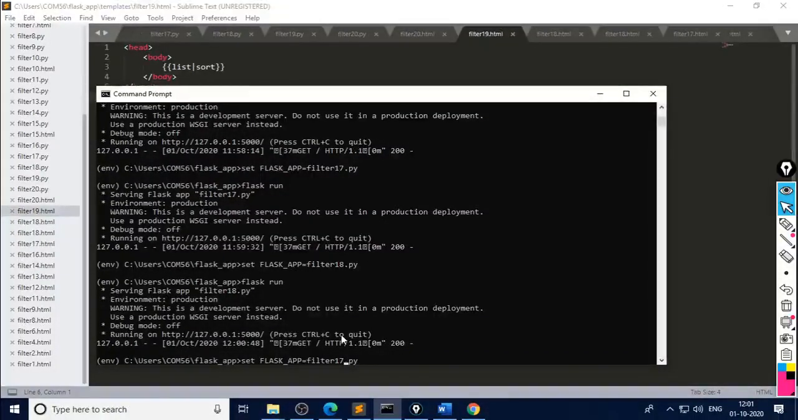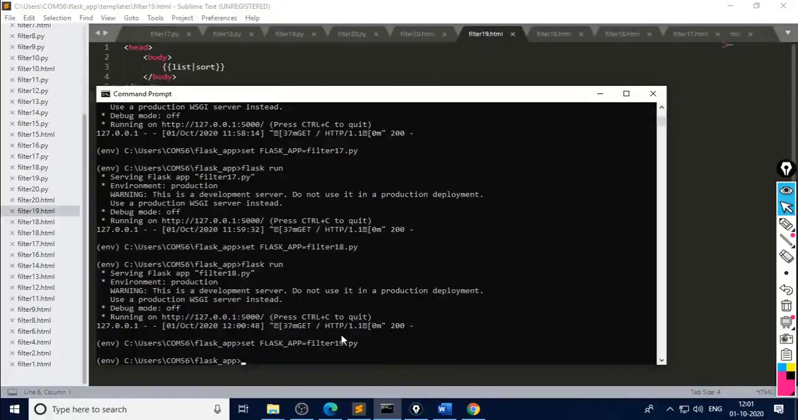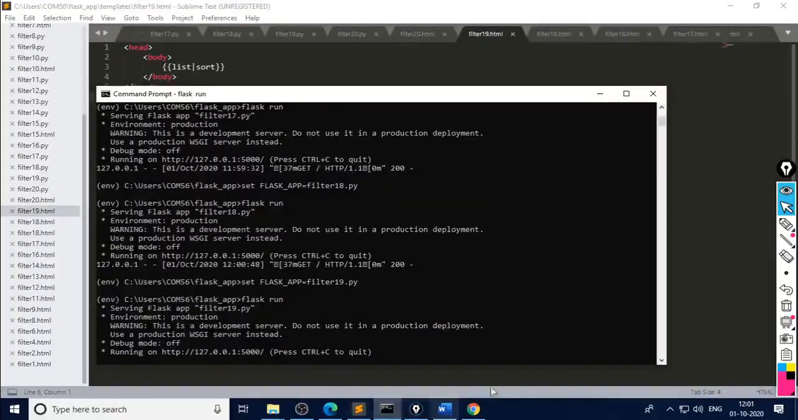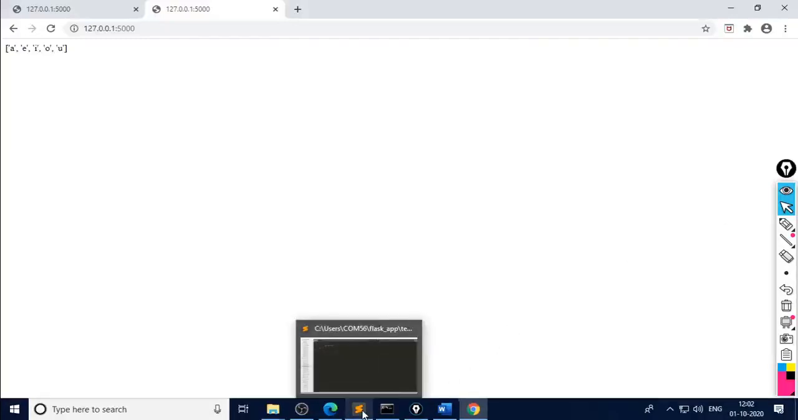So what would be the output of this one? Filter 19.py. Run this. So execute this one. A, E, I, O, U. So this is the output. It will print each and every character in ascending format. We can print it in descending format also, but this filter prints the values in ascending order. Okay, next one,